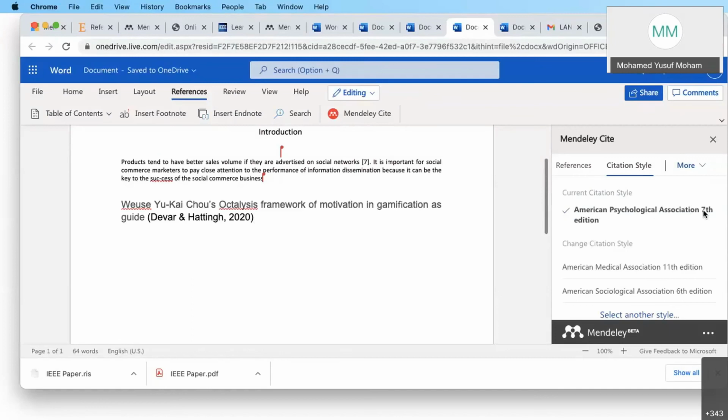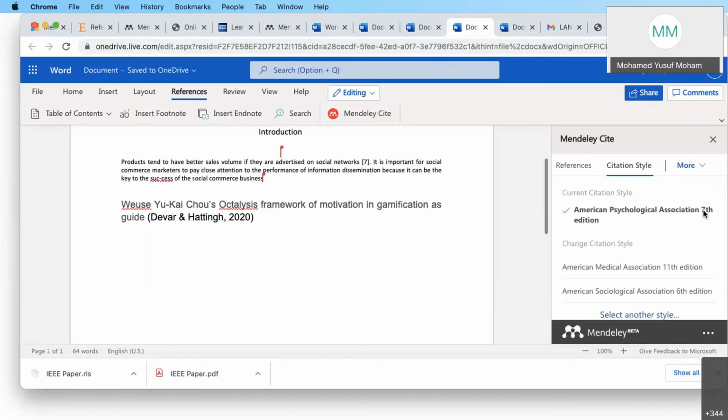Just a note, maybe we are used to using numbers for our references, for example, in IEEE papers. IEEE papers normally will use numbers. They don't use APA or Harvard. But for your thesis, please do not use numbered versions. Use either APA or Harvard. It will be very difficult for examiners to track your references when you use numbers in your thesis, because so far I've